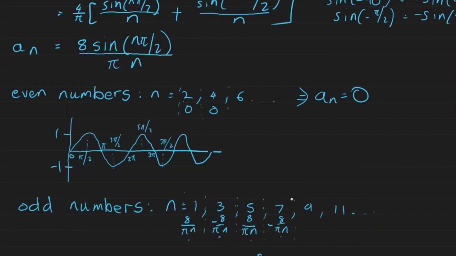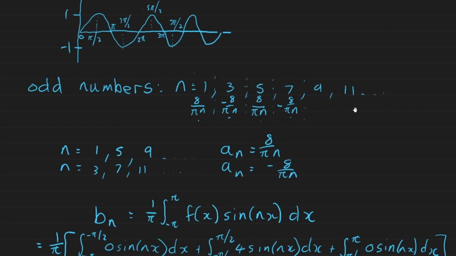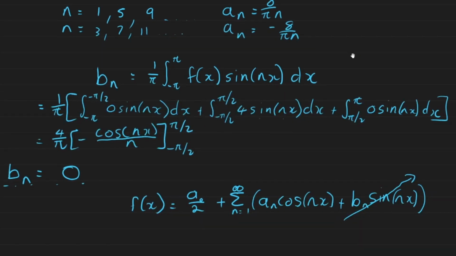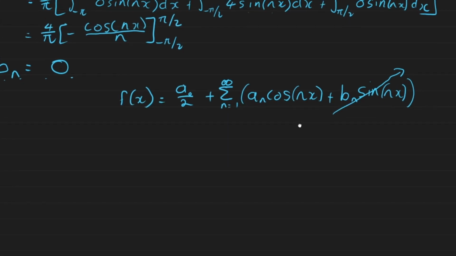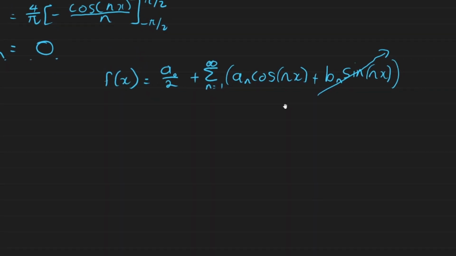There are no even number coefficients. And for the odd numbers, we had 8 pi over n and minus 8 pi over n. So we will just substitute all of those things. So we have 4 over 2, that just gives us 2. And we can say plus